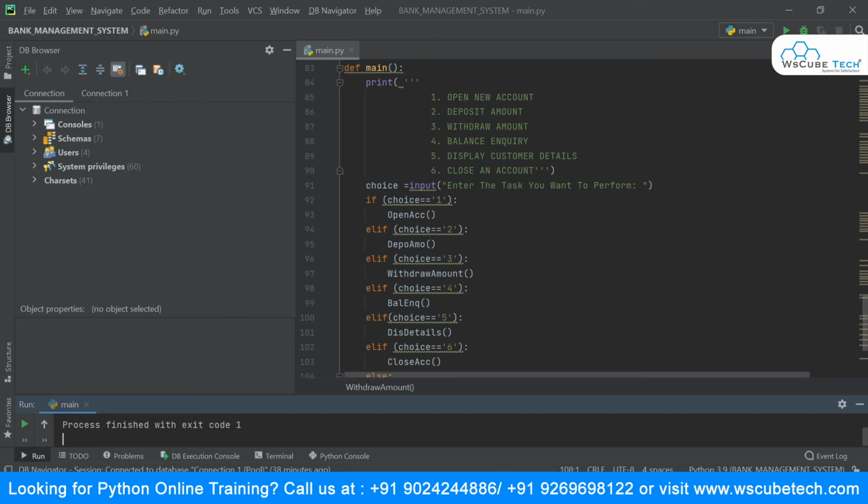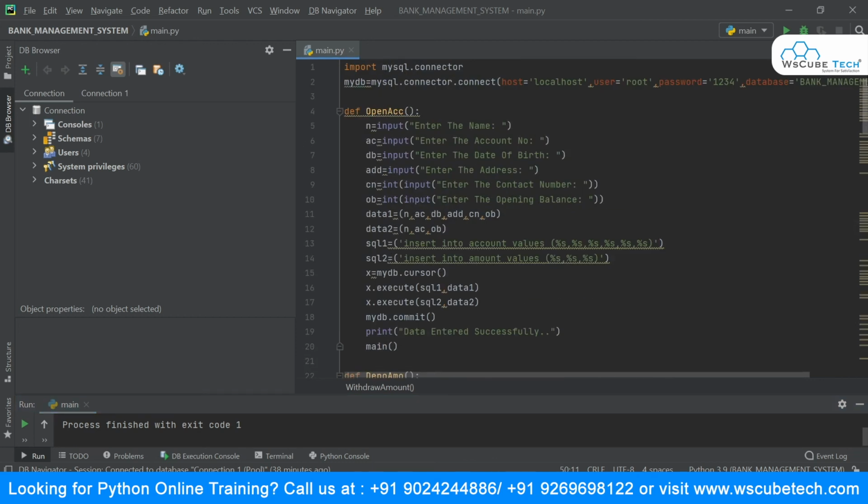Say for example, if I give 1 over here, this method will be called. If it gives 2, this method is called. As soon as you establish the connection, that main will be displayed to you, because we need to display it, and via this the user is going to give the input. Now depending upon the input, we have written the methods, the code over here.